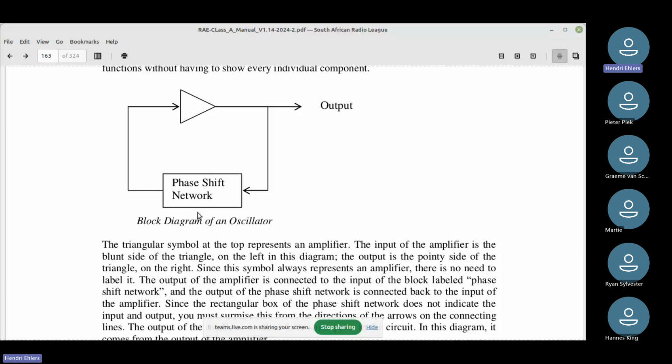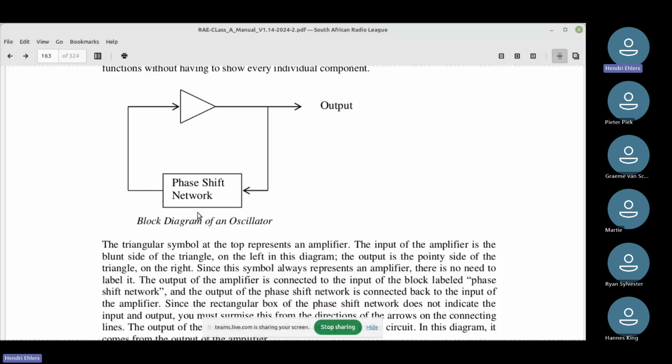The square ones will always have a description in, for example, DSP or amplifier, not amplifier stage, because that would be a triangle, but DSP would be one CPU, and then you also get flow diagrams that will show you the flow of the menu system, for instance, if you use an amplifier and so on.